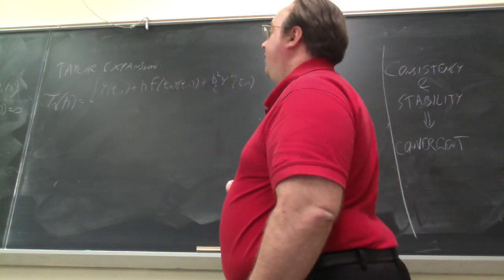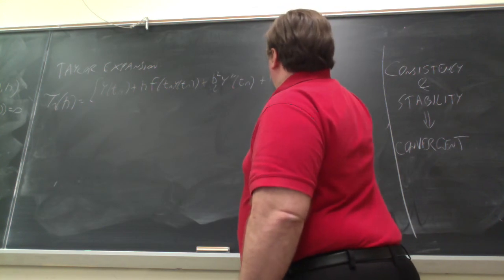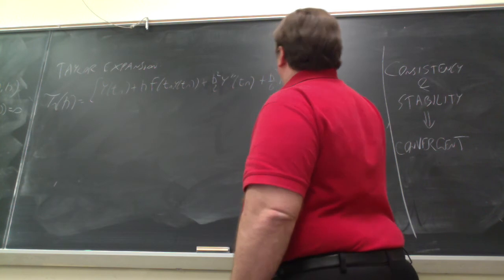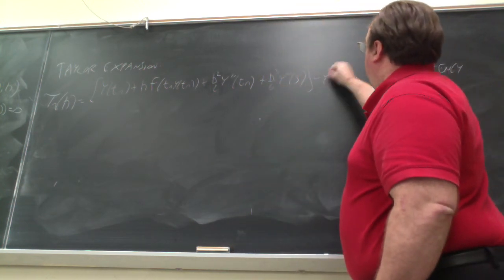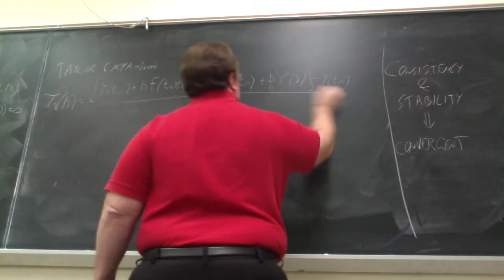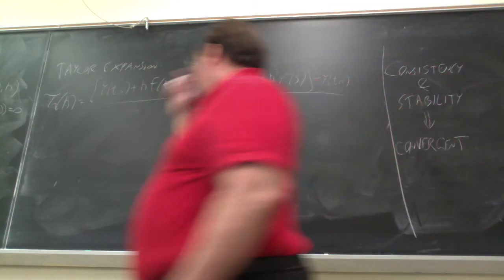Let's see, I need to go out one term more. h cubed over 6, y triple prime at some unknown point. I'll stop there. Minus y of tn all over h